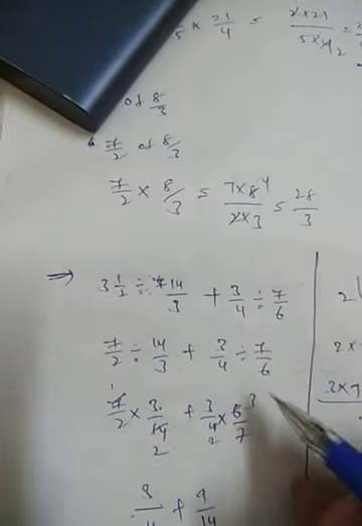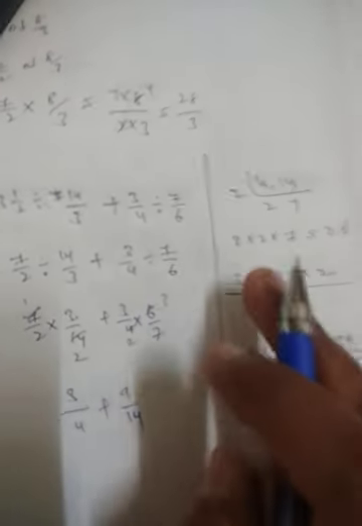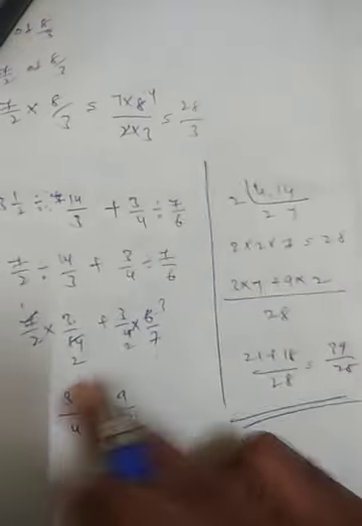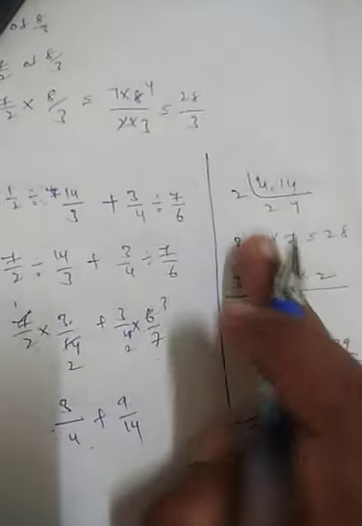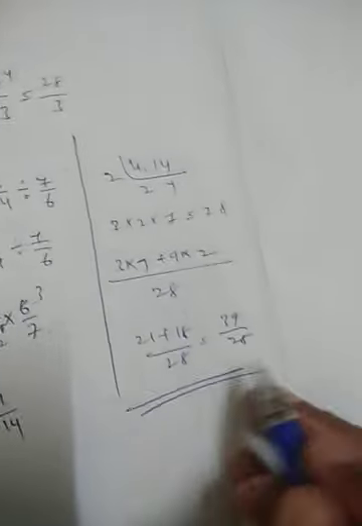This is all about how we are going to do this. Once again, here division by a number is multiplication by the reciprocal. Here also division by a number is multiplication by the reciprocal. After that we have to do the LCM. So as per the LCM, here I am explaining this step again. Close 4, 4 goes into 28 seven times. Take the numerator 3 and multiply with 7. Plus 9 you have to take. 14 goes into 28, you will get 2. 7 threes are 21, 2 nines are 18. 39 by 28 will be the required answer.